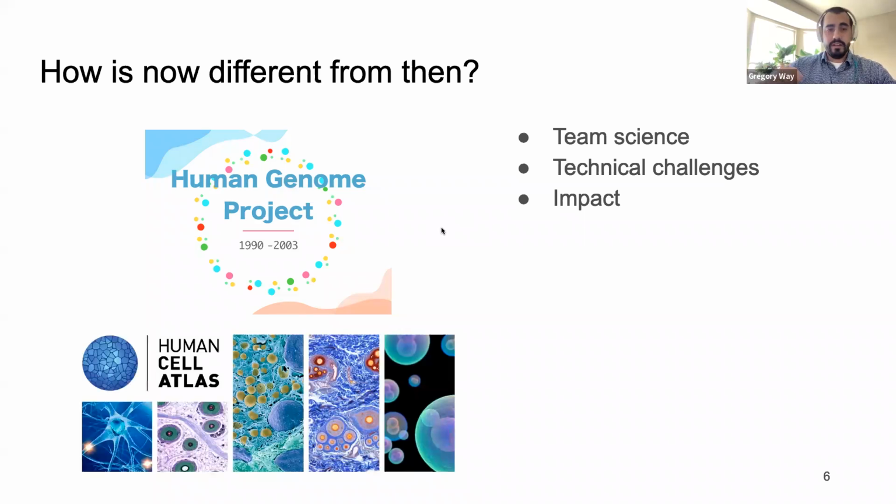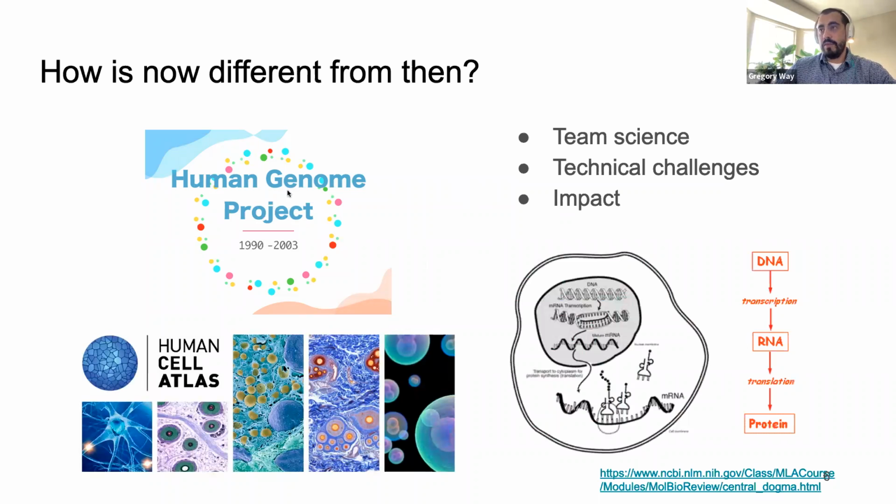More recently, there's been the development of the Human Cell Atlas, which is looking at cells and different cell types, trying to catalog different cell types and cell states in a variety of different contexts. And from these efforts and many, many years of biological understanding, we have come to the central dogma of biology, where you go from DNA to RNA to protein, and all of that function exists within a cell.